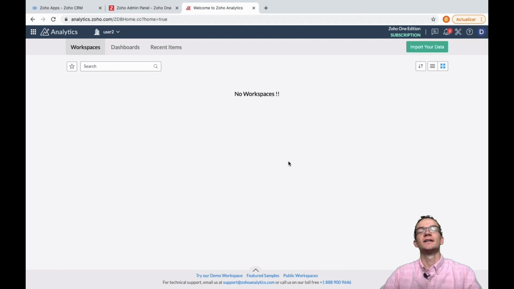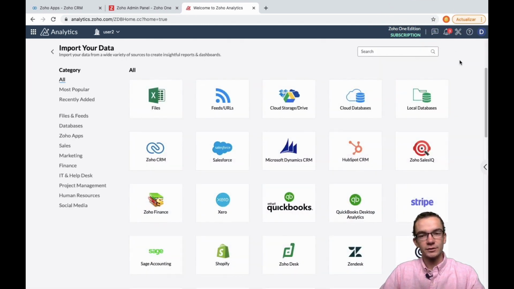Okay, I have a confession to make. I went ahead and just deleted all of them. This is for you at home who don't have any or would like to see how it looks to start over. And remember, this is not best practice. Don't go around just deleting workspaces like this. But as we're just getting started and we haven't actually done any work in analytics yet, it's okay. Just this once. So go to import data,